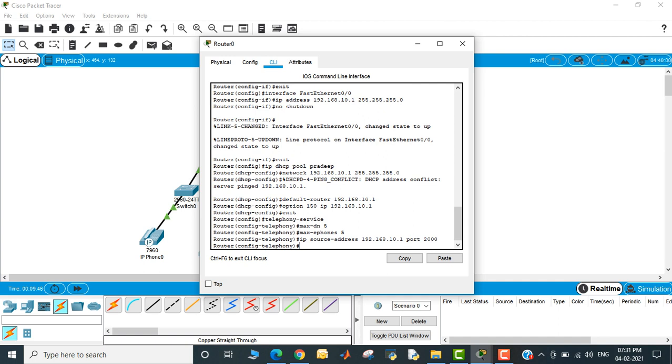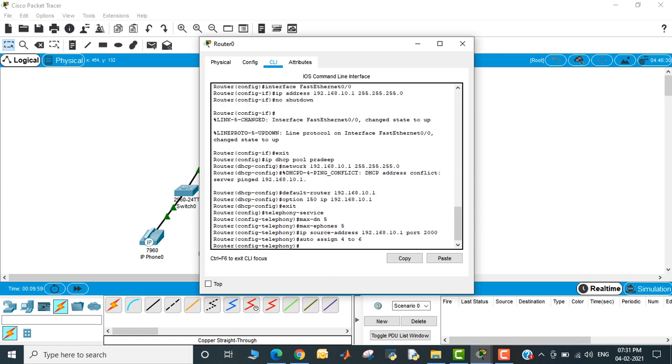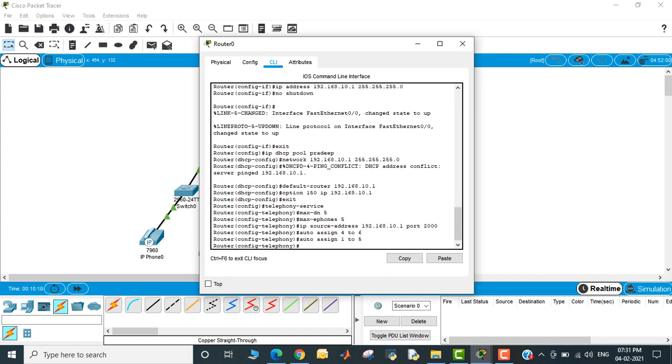Now I am going to assign numbers, auto assign 1 to 5. Okay, so this is assigned.